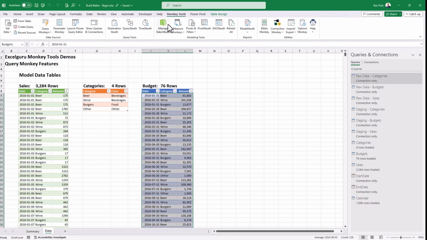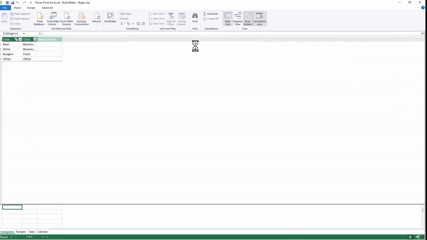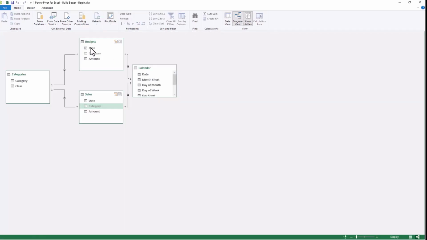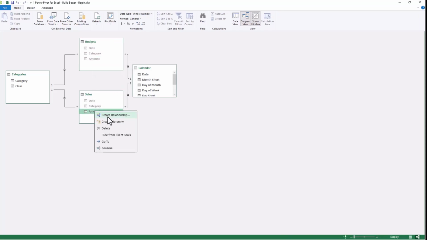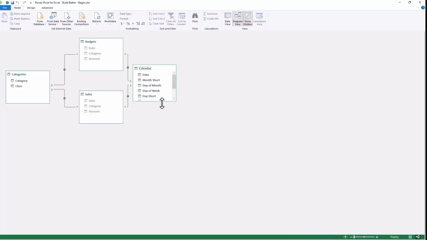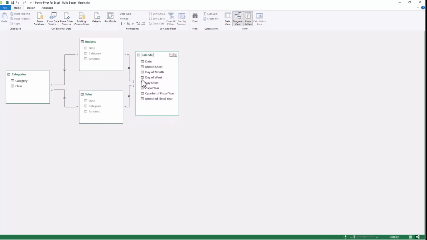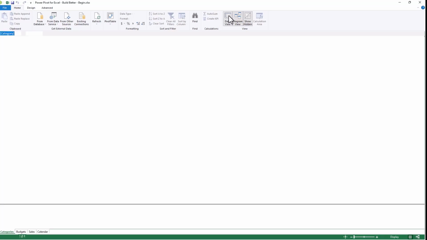So if I go back to Monkey Tools and manage data model, there are a couple of things that I need to do. Number one is I need to hide the foreign key for the date. So I'm going to do that. Right click and hide, right click and hide. And as a matter of fact, while I'm here, I'm also going to grab these amount columns and get rid of those because we don't need to see those either. We can see that we've got our nice little calendar here, but the one thing we do need to do is set up sorting hierarchies. I wish I could do this, but unfortunately I can't.